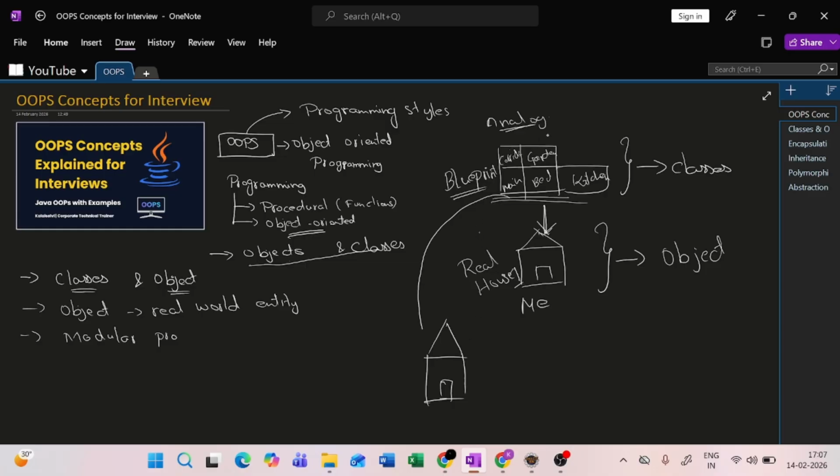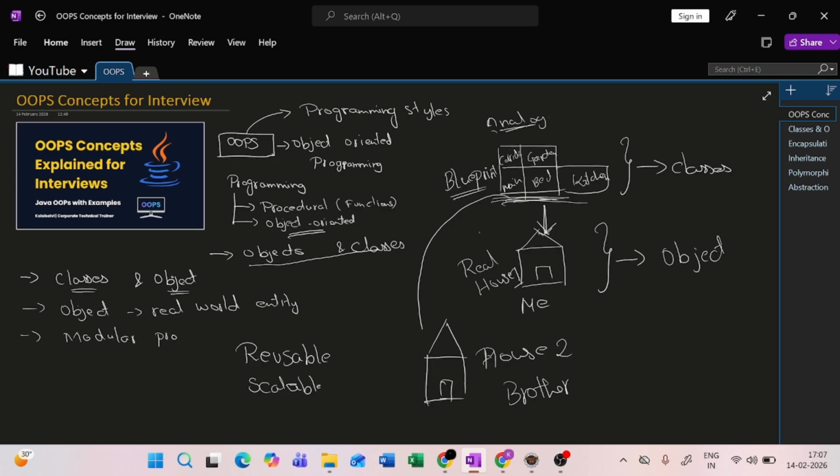At that time, I don't need to create the blueprint again. By reusing this blueprint, I can build another house for my brother. This is what object oriented programming is mainly meant for: reusability, scalable production,